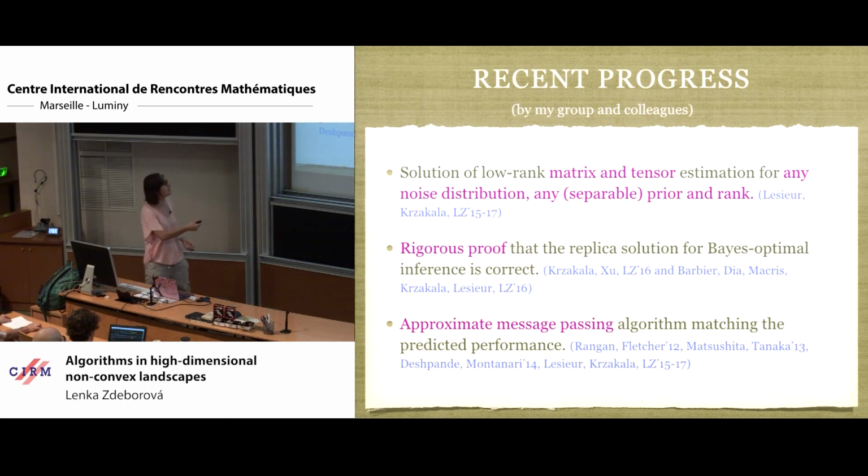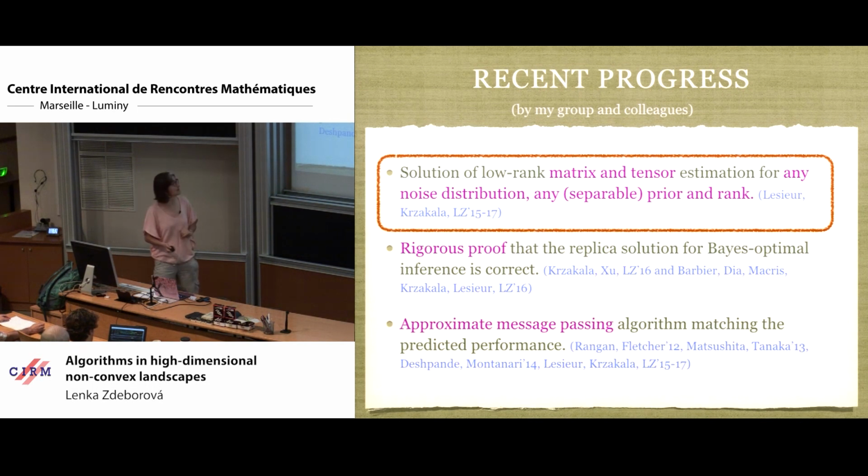And third, so far it's nice that we know how to describe what is the optimal performance, but do we have an algorithm that is actually computing it in less than exponential time, in say linear time in the input size? And that's this point about the approximate message passing. So I will just show you 2 slides per point, and then I move somehow to the main part of the talk. So this is a summary.